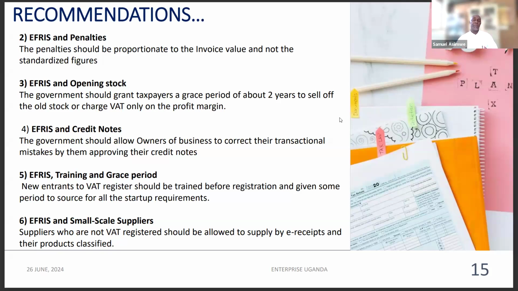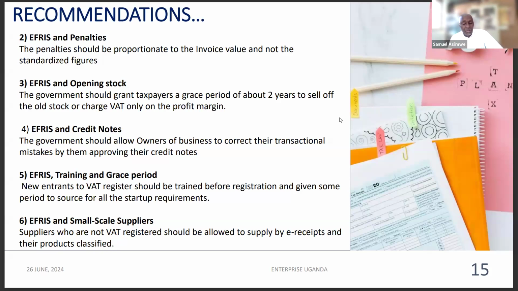They don't pay VAT. They have their grades of the taxes, and I'm saying suppliers who are not registered on the VAT, let them be allowed to supply to the big shops,